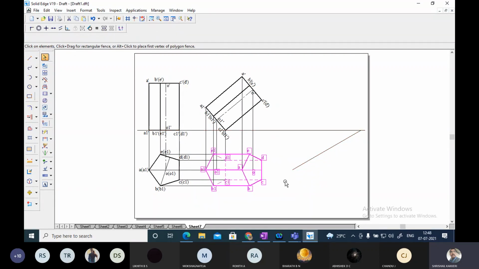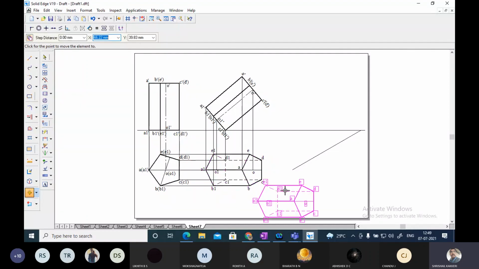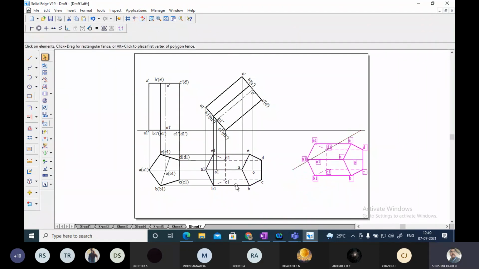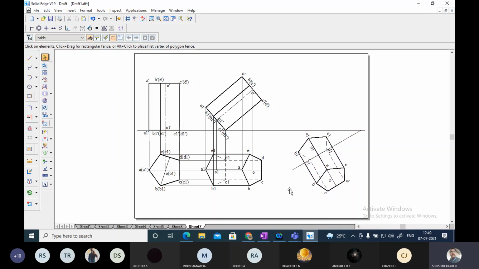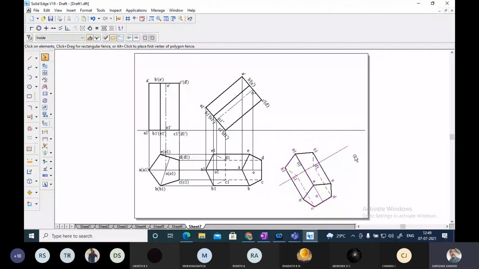So select hole, move this particular point, this particular point D I have taken. This particular point D you can locate here anywhere. Locate it on this line, and next go to rotate through this point. Any point on this line has to be coincide with this one. This we have shown. And now it should not be so nearer. Again, it will become slightly difficult to write the names and all. What you can do, you can keep somewhere here, no problem.